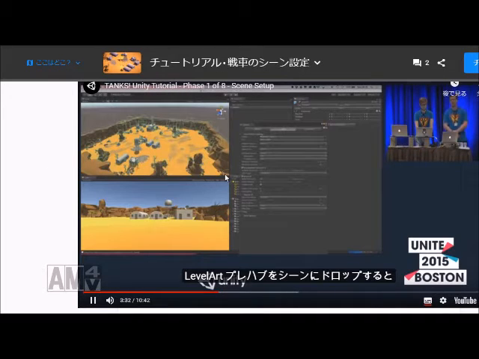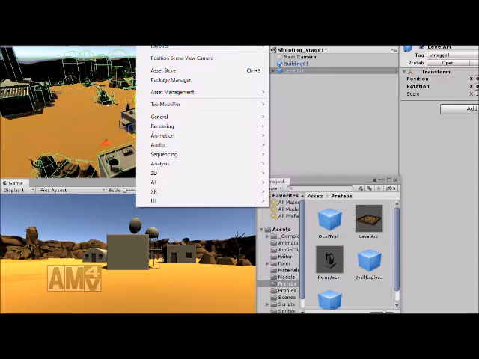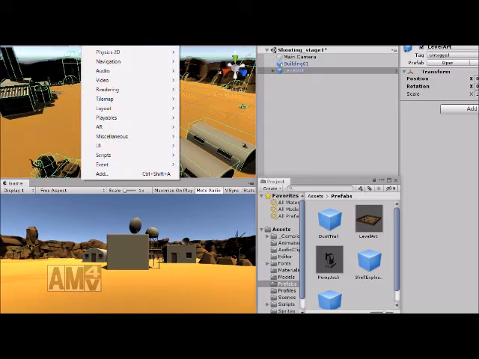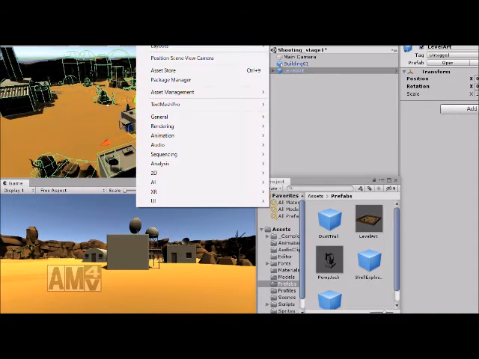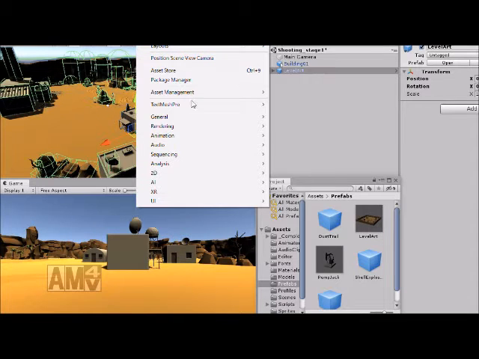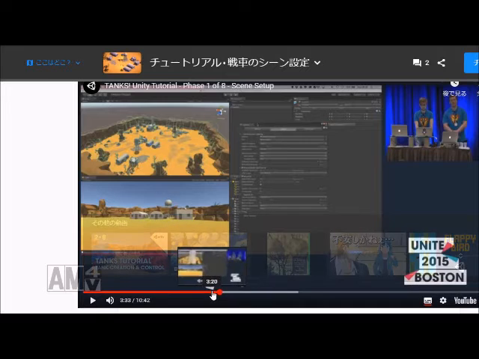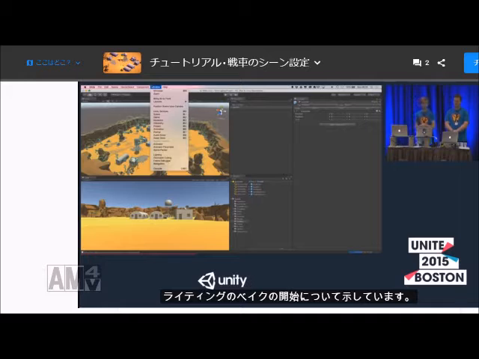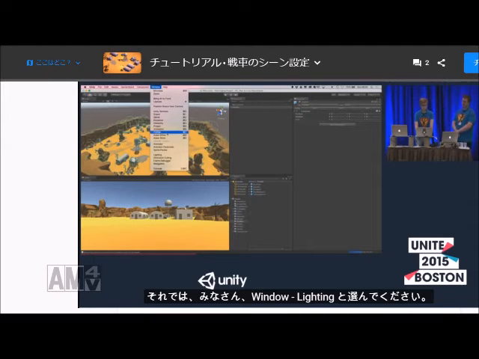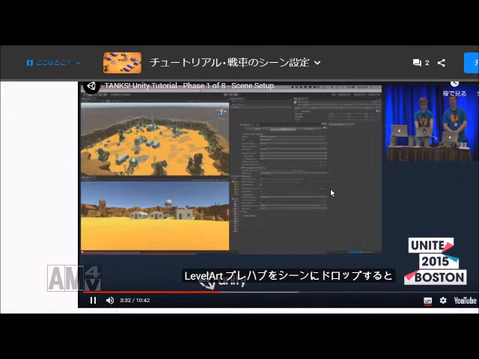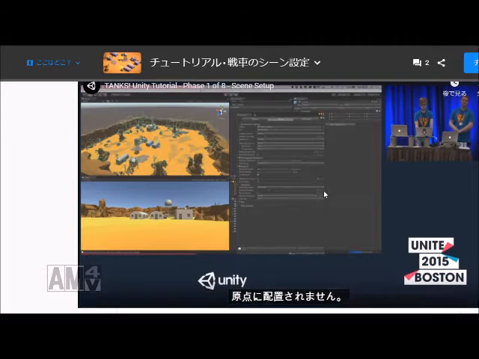If you drop the level art prefab for that. What that's doing is telling us about lighting, and it's starting to create a lighting bake. So I want you to go to Window and Lighting. If you drop the level art prefab into the scene, that'll instantiate it as well, but it won't position it at the origin, so